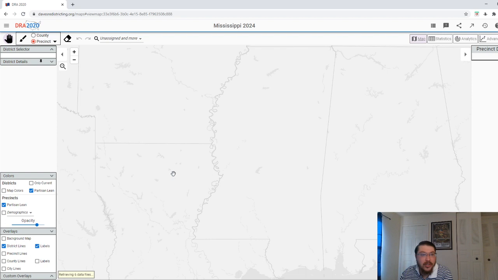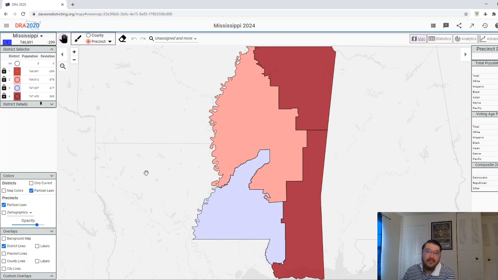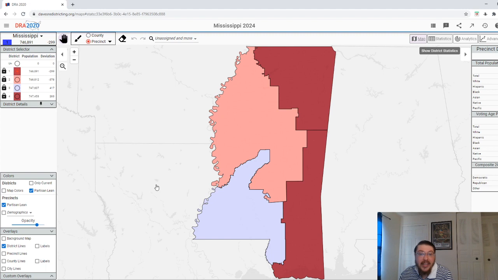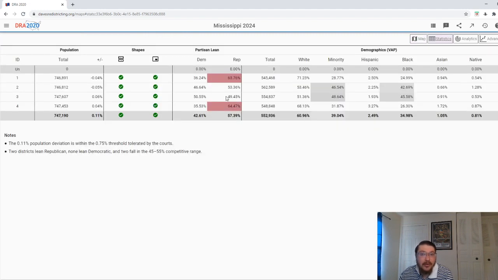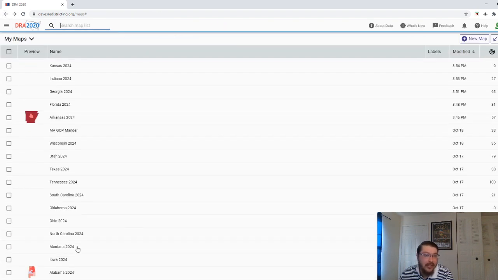Mississippi, this one, I tried to keep it as close to the real life map and only make minor changes to see if I could improve the GOP's fortunes, and maybe you could, but it was at the expense of making one of the safe districts competitive for the sake of making the Democratic district close to competitive as well. And whether or not that could flip is a different story altogether.